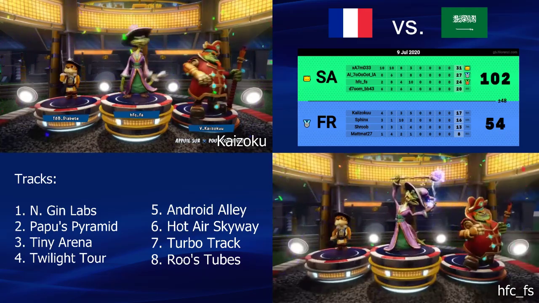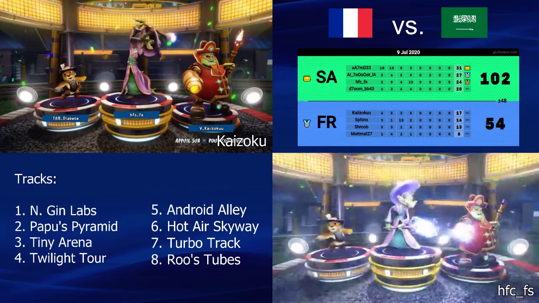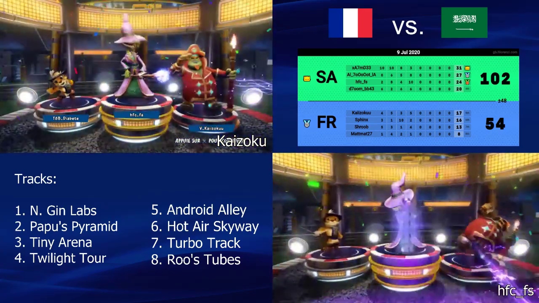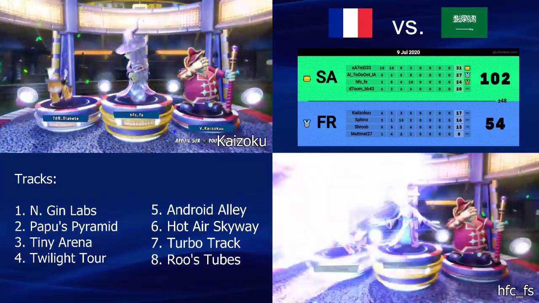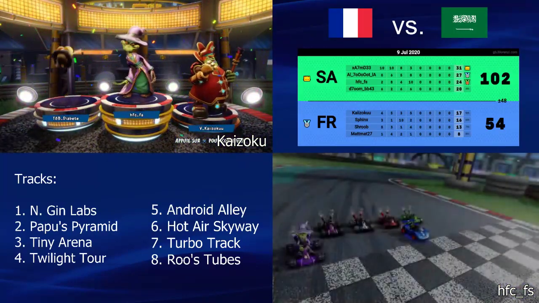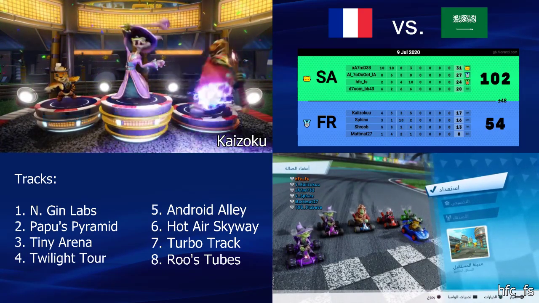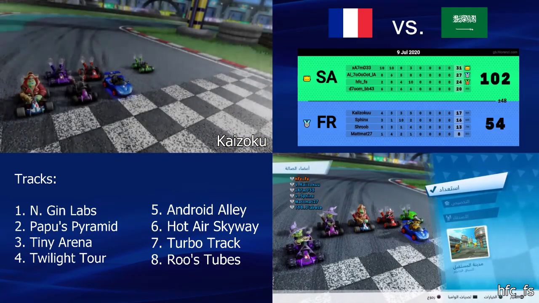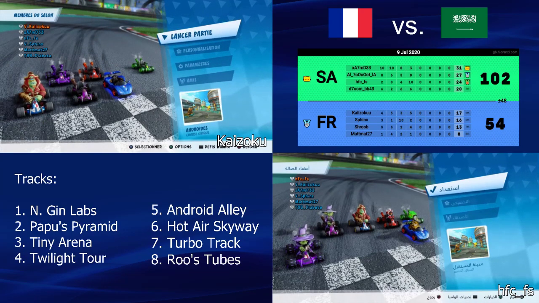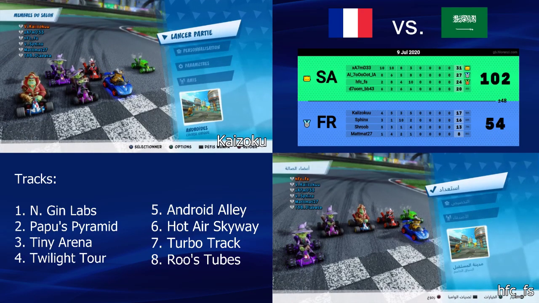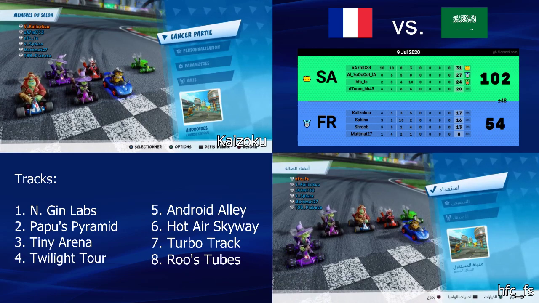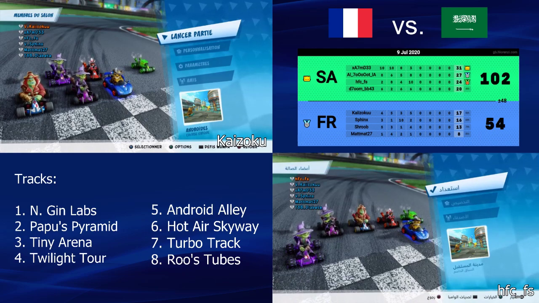Next up, Matmat. Hotter Skyway. Okay. And we have Diabeat with the second place. Yeah, Diabeat definitely brought Kaizoku and the rest of his team back into the game by getting that crucial hit on Ahmed. So definitely props to Diabeat here. It was a very good play, for sure. A bit sad that Doom and Alhut disconnected, but yeah, the game is like that sometimes.